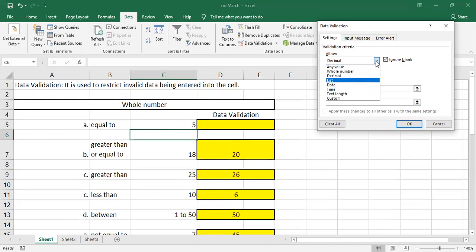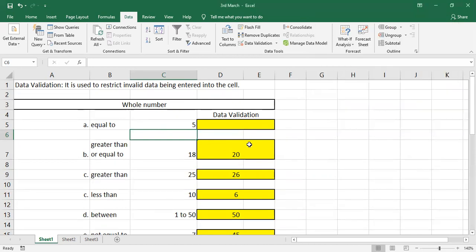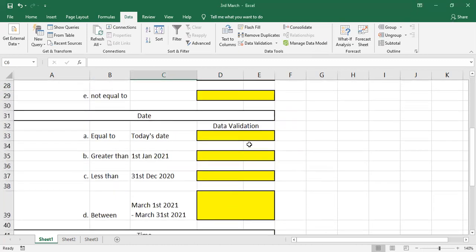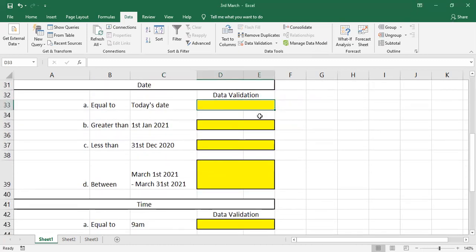And here we have list. So I take this list topic at the last. And next here we have date. Okay, now can you tell me what type of data I have to give for date? Should I give only date, or only month, or only year? For data validation, I want to use data validation for date. What I have to give here? I have to give date in date format only.